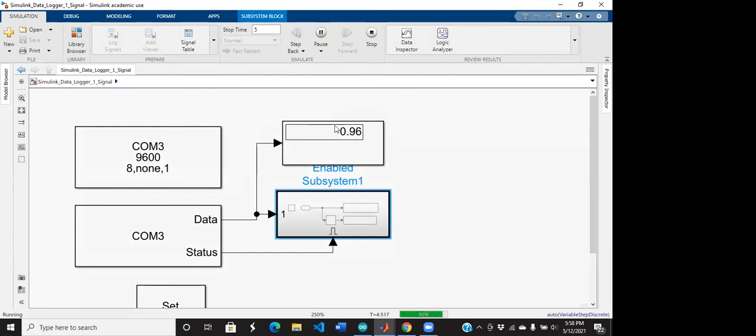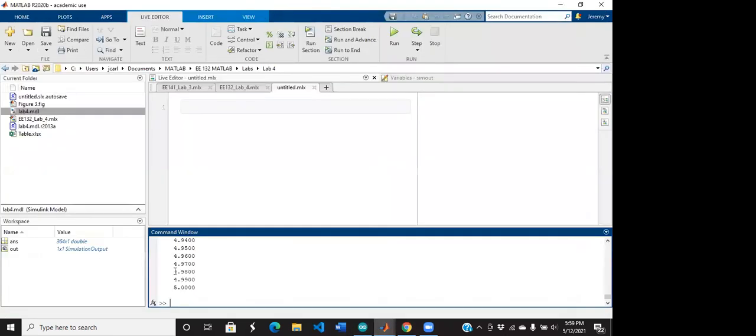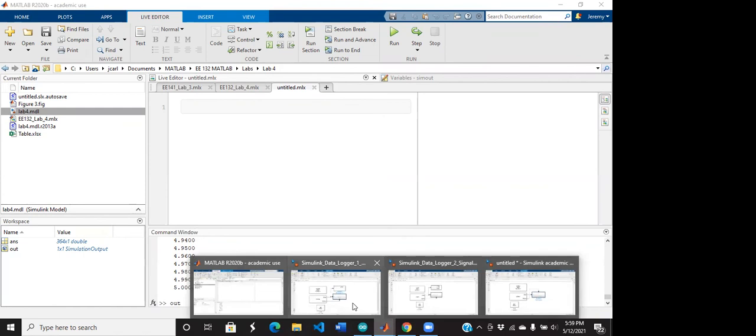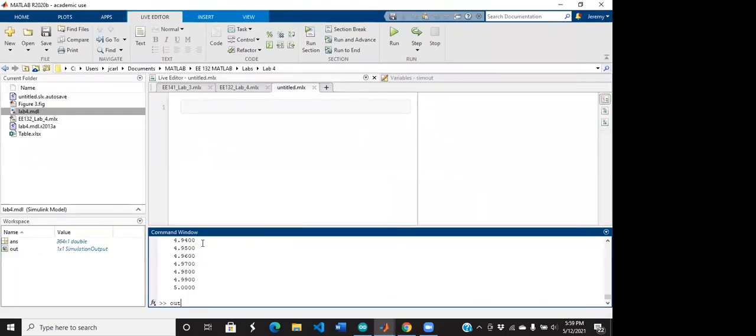You can see we've got values showing up on the display. Now if we go into our workspace, because we're using different names in the to workspace block, I have to make sure I reference these names to access the data. So out.currentvalue.data. And so we get this column vector here,